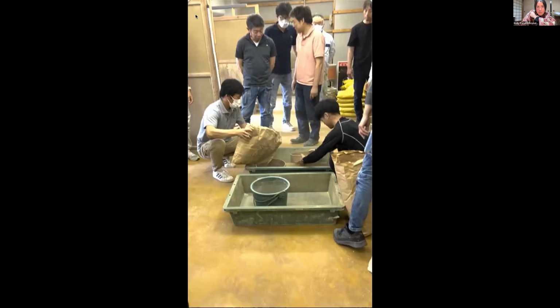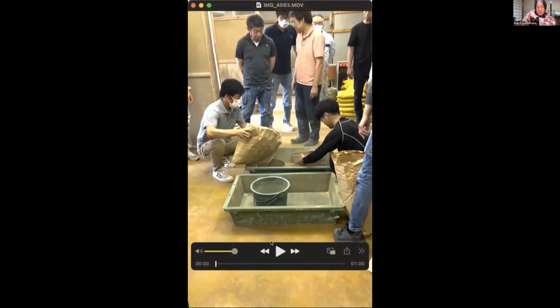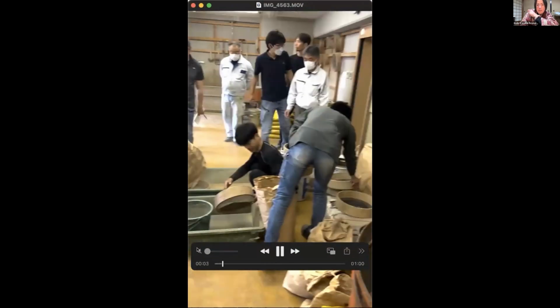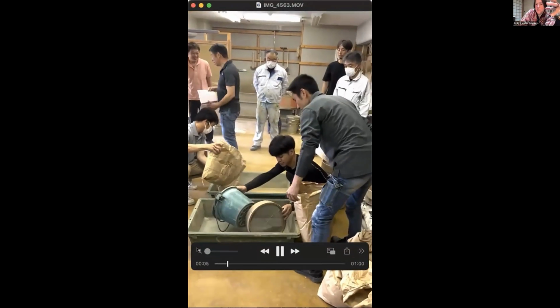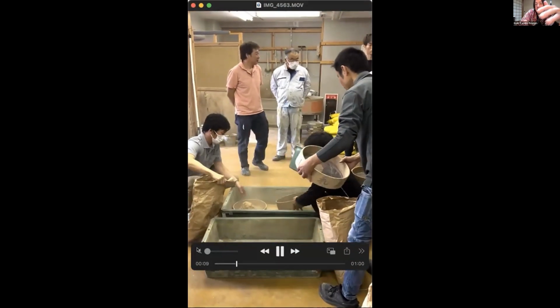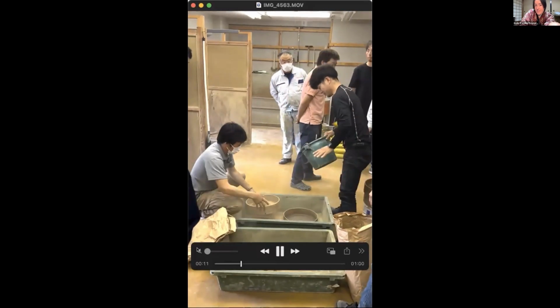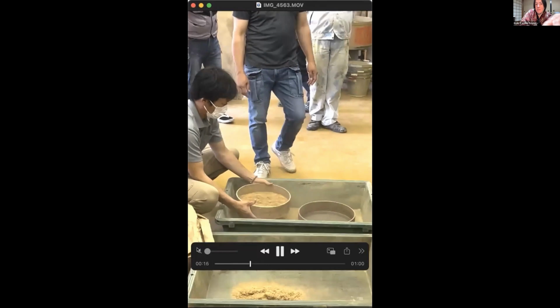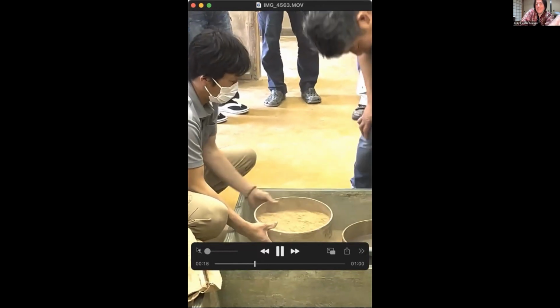This is not what I want. These guys are taking the material that came in the bag and quickly putting it through these sifters to get the dust out. I don't know if you can see that dust flying, but it's so dusty in there. And they're just trying to get the dust out of this material that was said to be for this process,